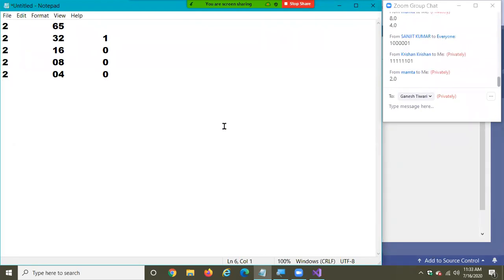Again, divide by 2. 2, 0. Again, divide by 2. 1, 0. Again, divide by 2. 0, 1.